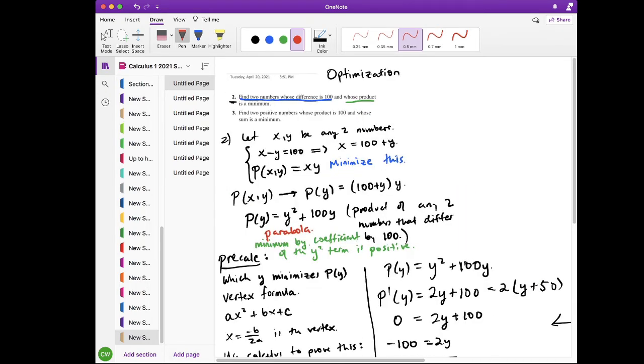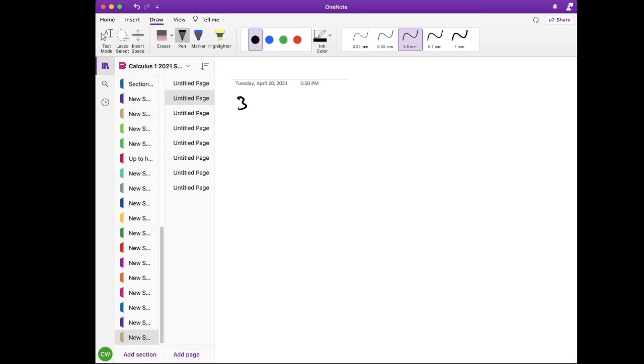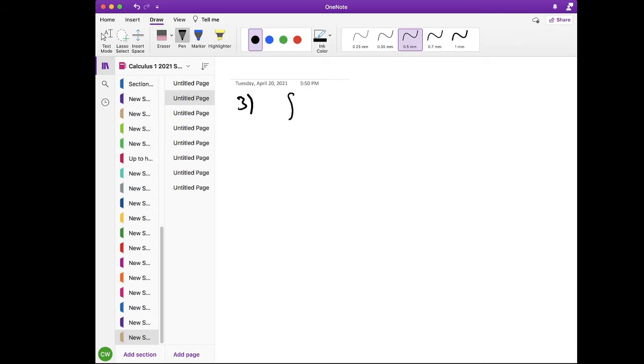Find two positive numbers whose product is 100 and whose sum is a minimum. So someone type out this statement, and then we want to minimize the sum. So we want two positive numbers whose product is 100 and whose sum is minimum. So we have two things, we have x, or three things, x, y,